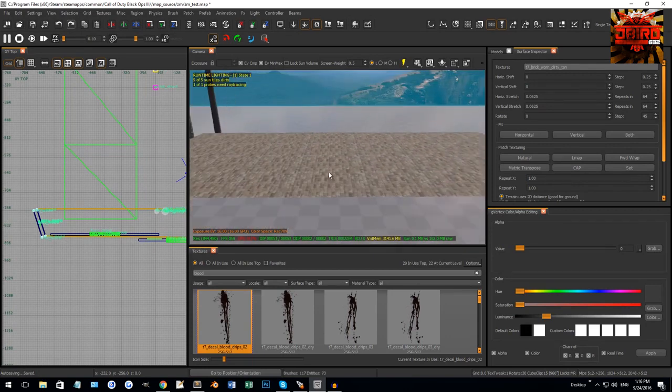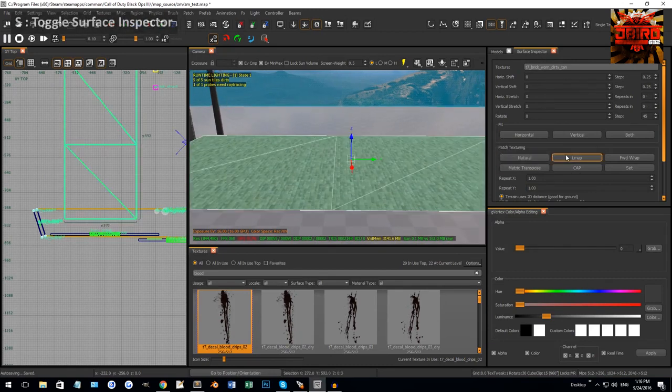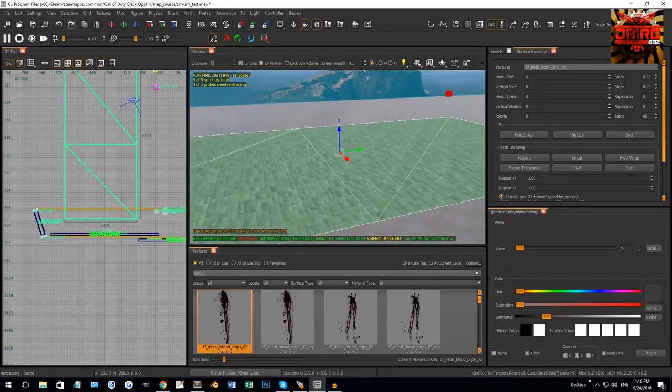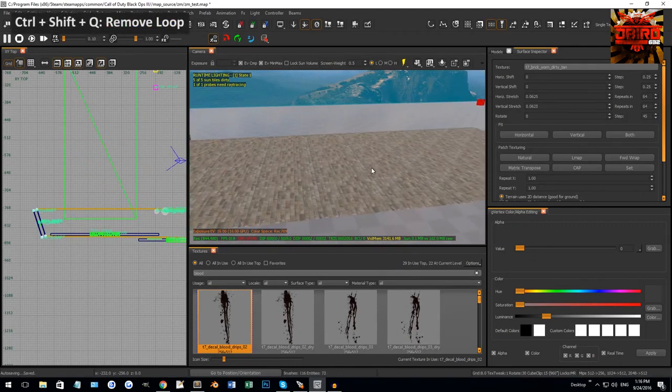The same merge button W, if you select two patches and you click W, it will convert into one patch. It usually messes up the texture, so you're going to have to go into the Surface Inspector by clicking S and then hitting Natural or Light Map, depending on what you're going for. So that will cover those. We can also get rid of the loop cut here if we don't want it,